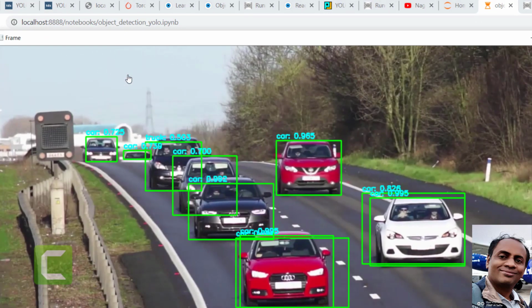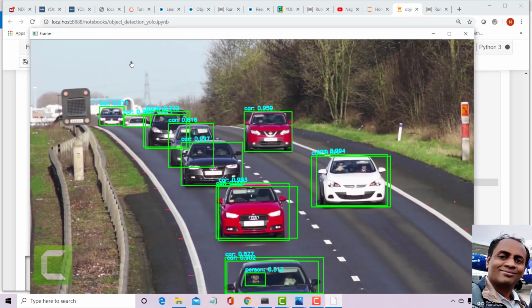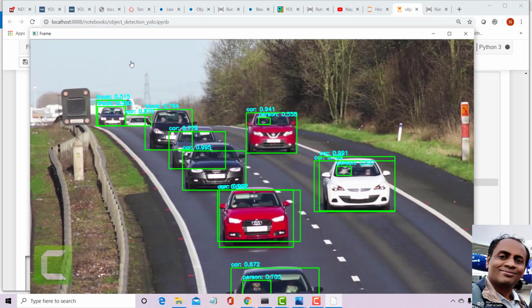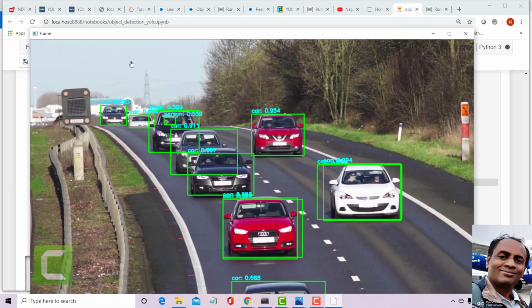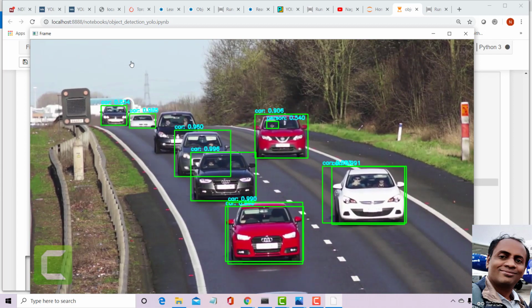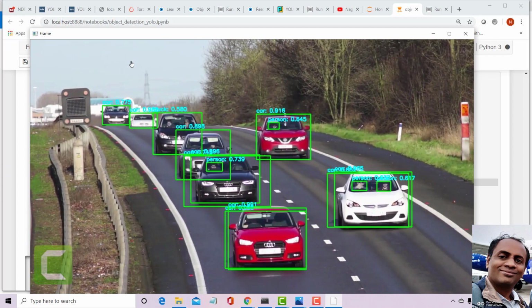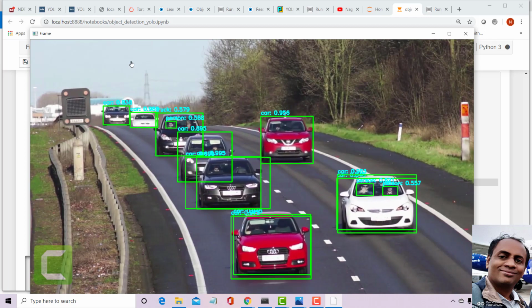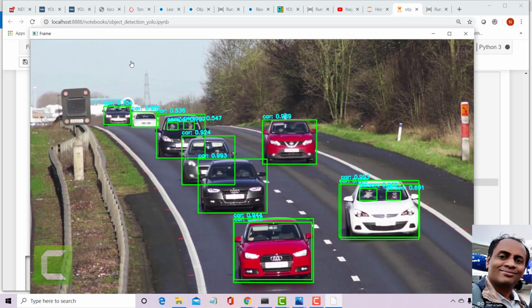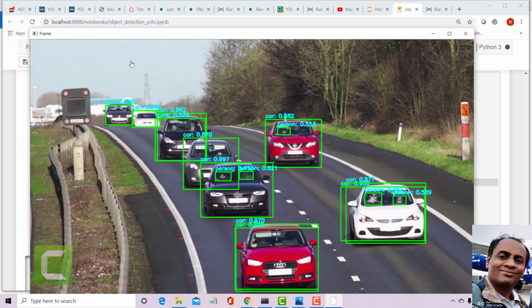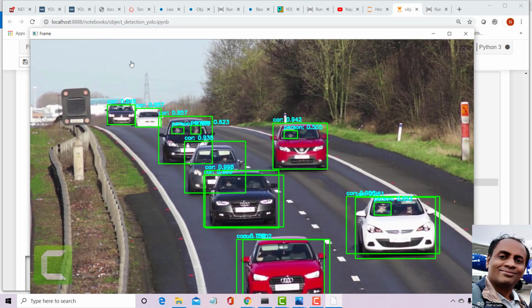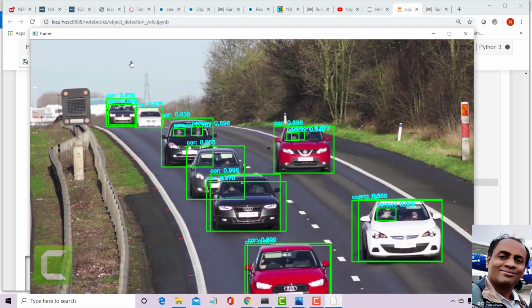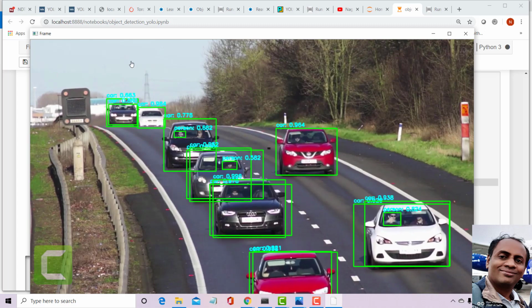Wonderful, this is working. So you can also do it, guys, and it's very easy. You can take any other video file, and in fact I will share this code with you and you can experiment with it. Thank you very much. Okay, one more point I really missed. In fact, you can connect a camera to your laptop and run the same program, and it's going to show you the objects detected in the camera.